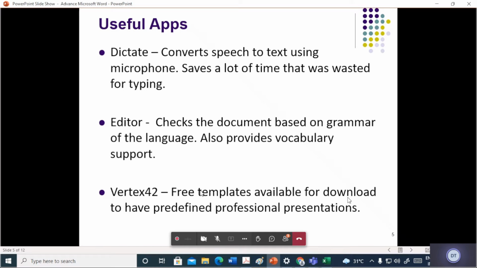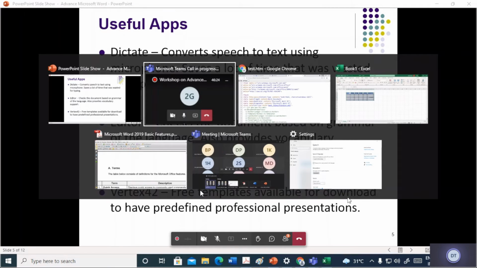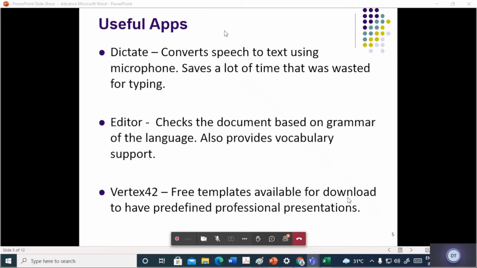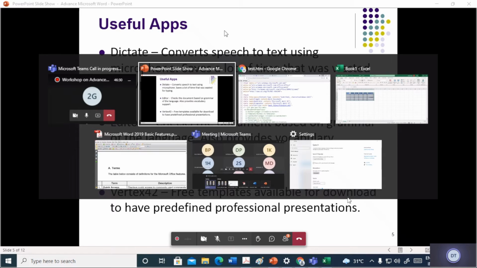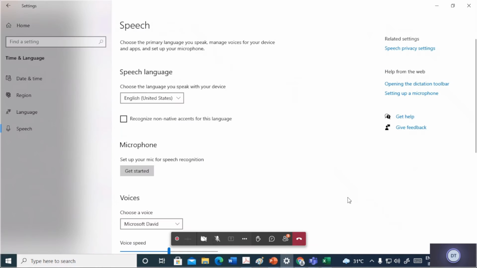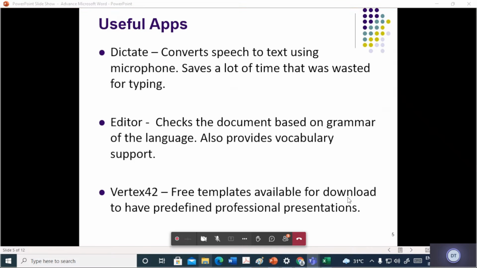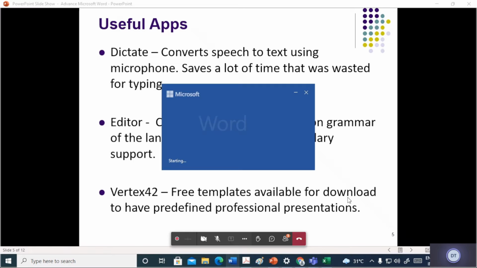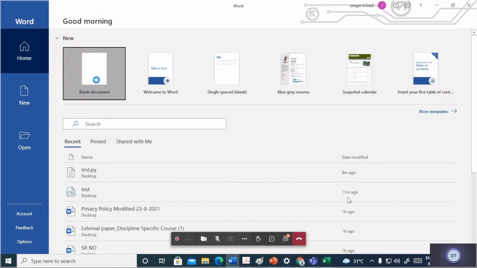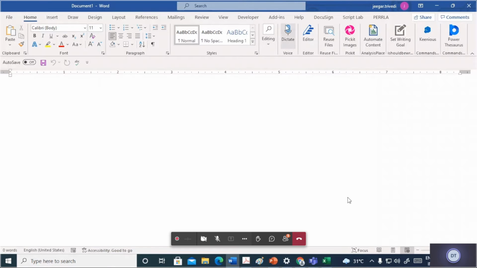The first two add-ins, Dictate and Editor, come directly installed in your Microsoft Word. So let me open Microsoft Word once again. Here you will find Dictate.